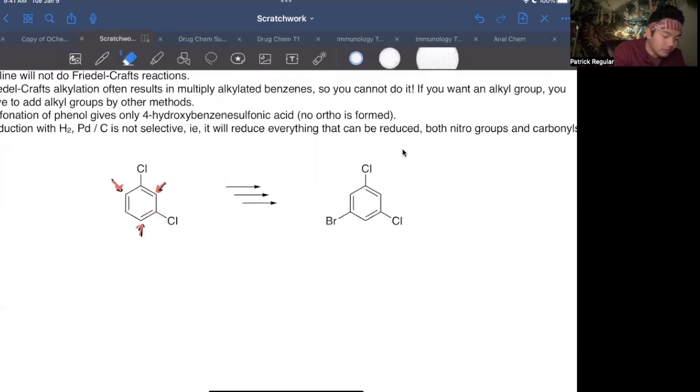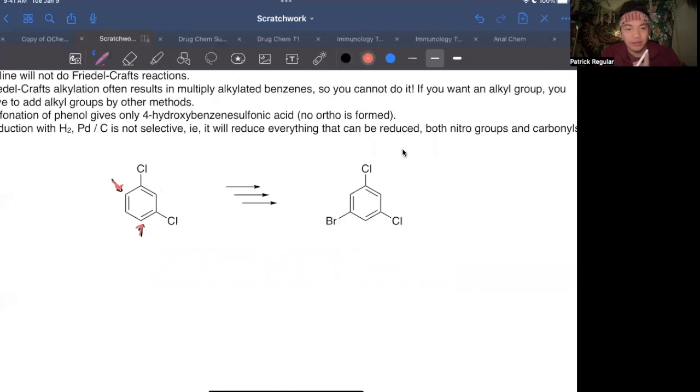The other chlorine right here would want to add here, here, and here, the same places. And we know this one's off limits because you can't really squeeze something in there. So if those are the only spots, how the hell do we add Br? It's pretty tricky to think about. When in doubt, I usually try to put a nitro group somewhere. If I don't immediately know what I should do, I put a nitro group there because, if you leave it as it is,